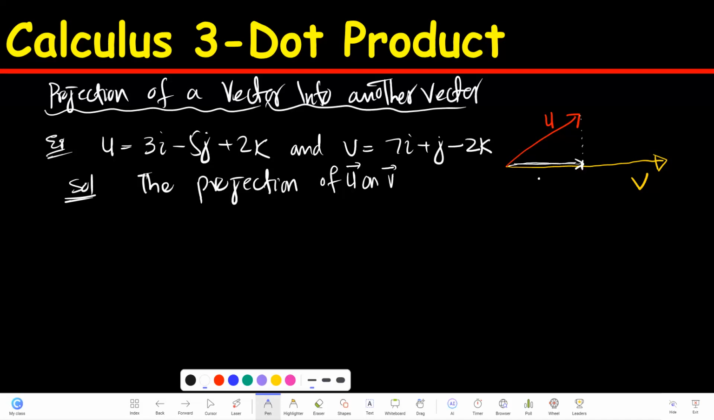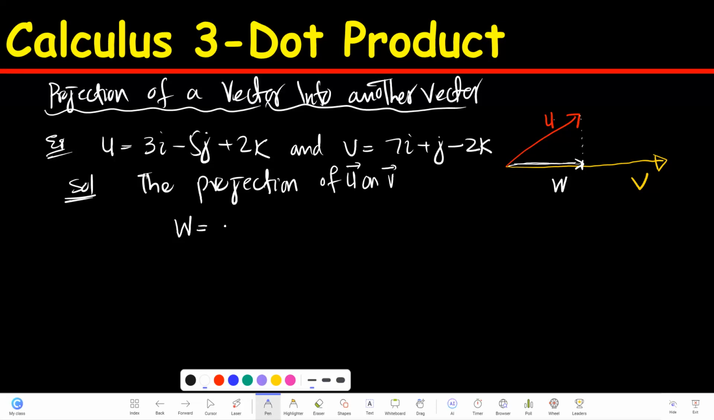I should have a new name for this vector. I cannot say U, I cannot say V. Maybe you can call it UV, the projection of U on V, or you can call it W. You can call W, maybe I can call this vector W, just for simplicity. You can name it anything. So what is this W equal to? The formula is